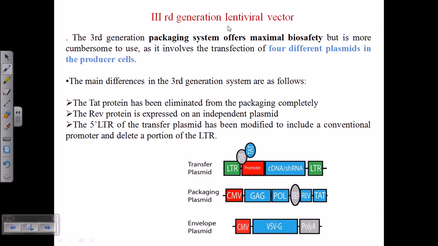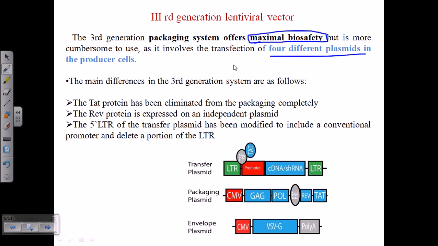Now the third generation lentiviral vector, if we look at it, is a packaging system that offers maximal biosafety. That's the very advantageous fact about these third generation vectors. But again, they are constituted with four different plasmids. Remember, in the case of adenoviral vector, we have taught three different plasmids. We utilize three plasmids for construction of this